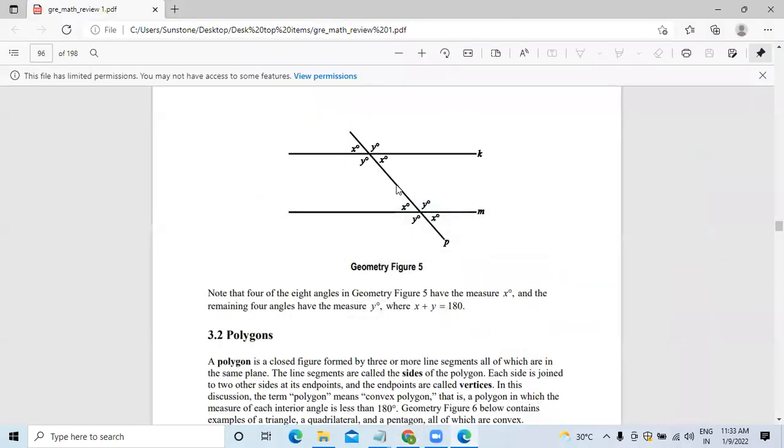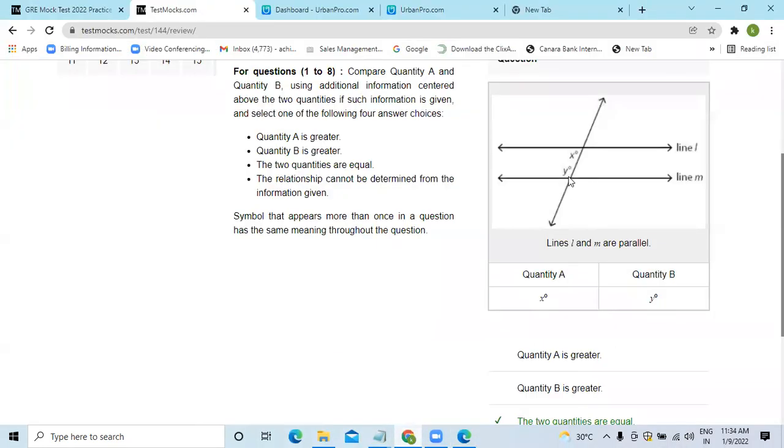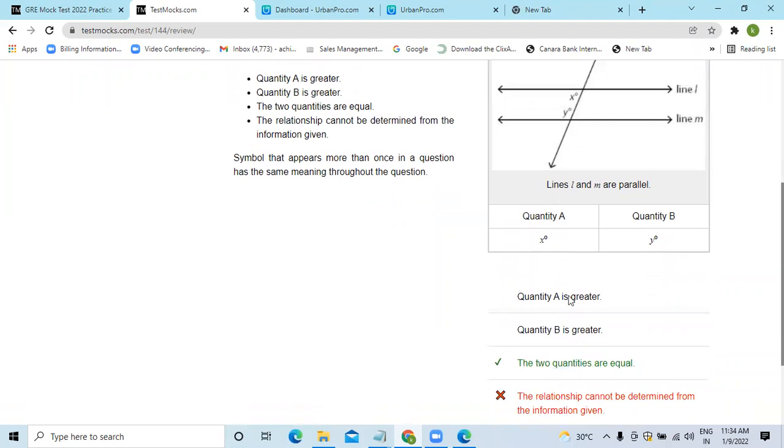Let's check that. See x and x, right? And y. If they were on opposite sides, they should have been equal. But this can never be equal. Obviously, as I told you, x is an acute angle and y is an obtuse angle. And definitely here, quantity B is greater. According to this question, you also can't say the relationship cannot be determined. Quantity B is greater. Do you agree? According to this data.